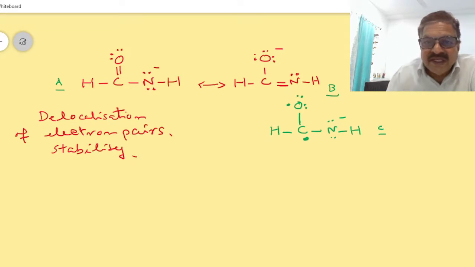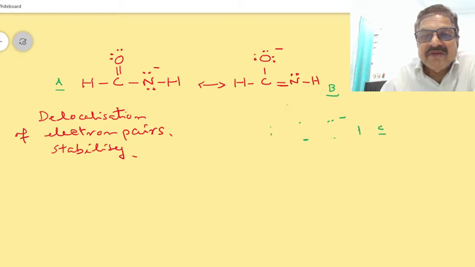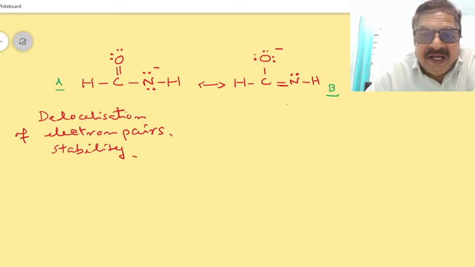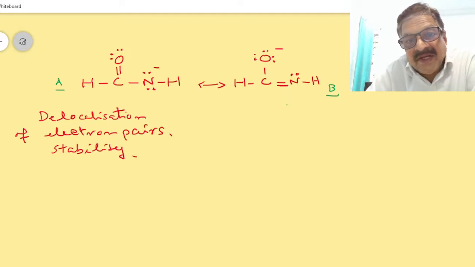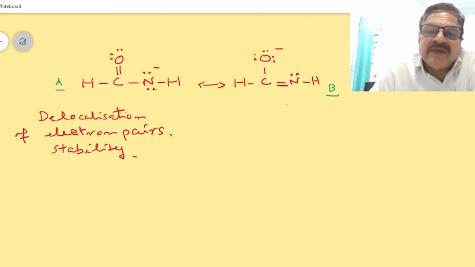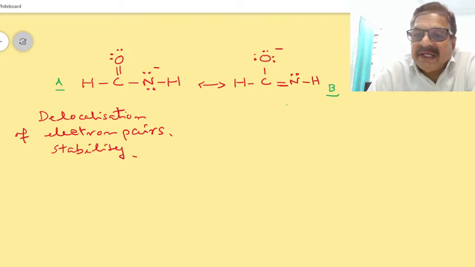Okay. Now, rule 3. Rule 3 means it should be a valid Lewis structure. What is a valid Lewis structure? You have seen Lewis structures. They are the electron dot representation of molecules or ions. Okay, that is, the valence electrons are displayed there. And another point is, hydrogen must have 2 electrons only. And an element in the second row of the periodic table cannot have more than 8 electrons. That is a fundamental thing. That is rule 3. When you are drawing resonance structures, you have to see this should be a valid Lewis